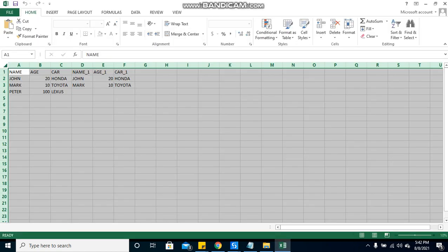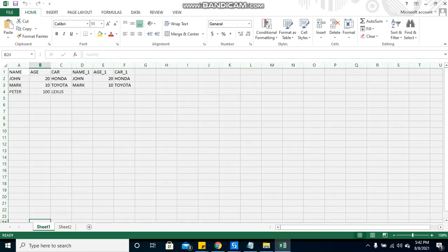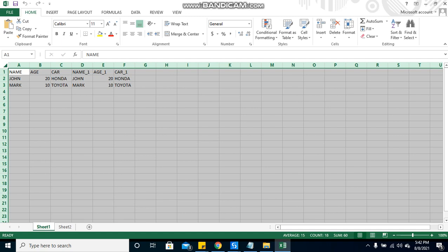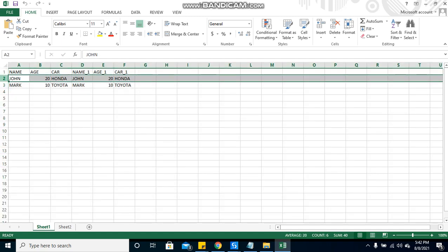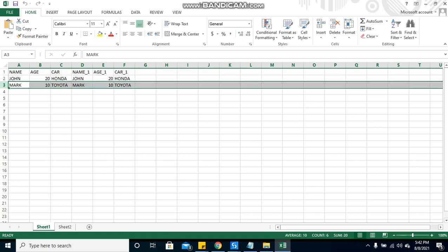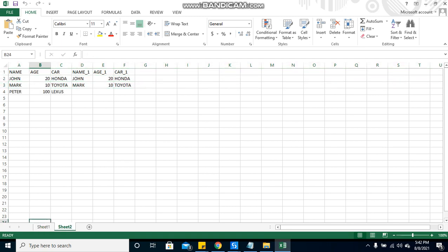So in sheet 1, which is for matched records, it picked the columns from DT1 and DT2 also. So this is the matched record from both data tables. Similarly in sheet 2, this is something we don't require.